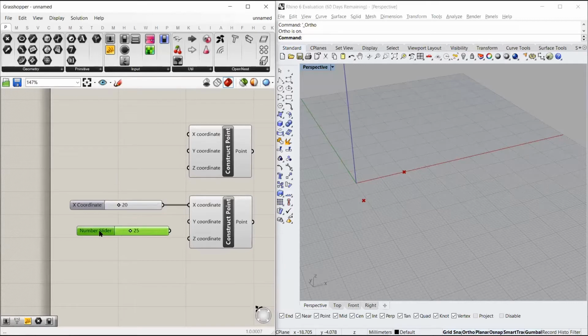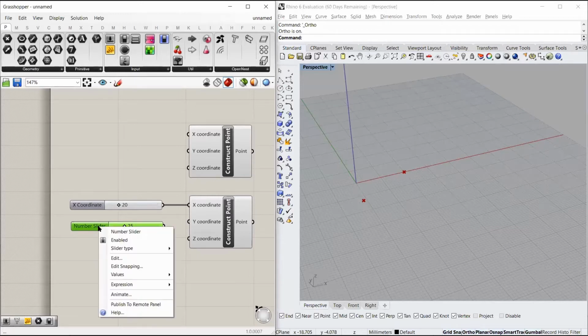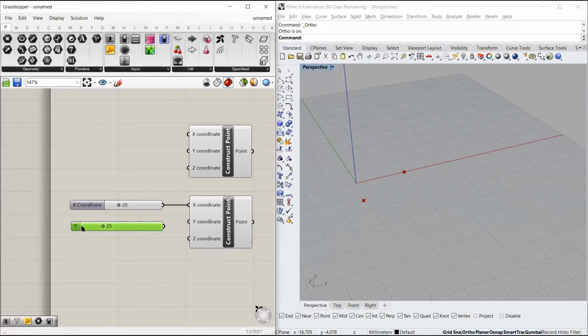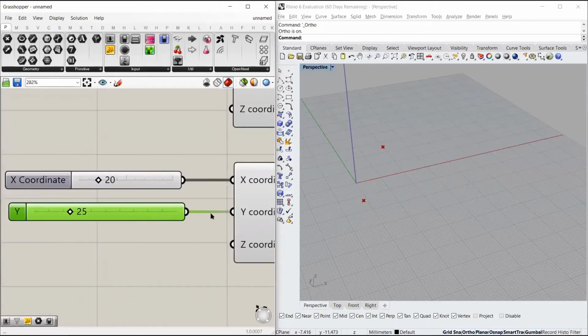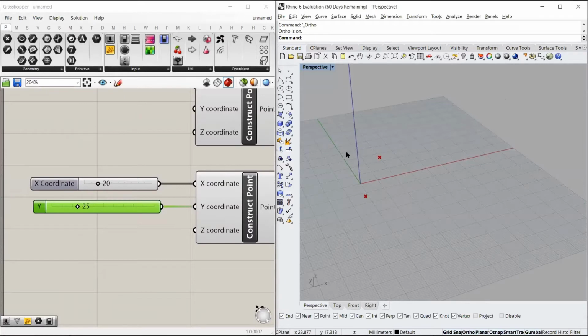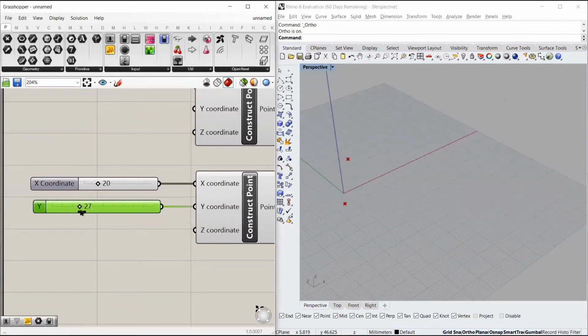So this creates a number slider whose domain is from 0 to 100, starting from 25. And I can directly change the name of this number slider using right click. I can type Y. So this is the Y coordinate. And I can select this white button and give an input to my Y coordinate. You can see now my Y coordinate is set at 25, and I can move this to control the Y coordinate.